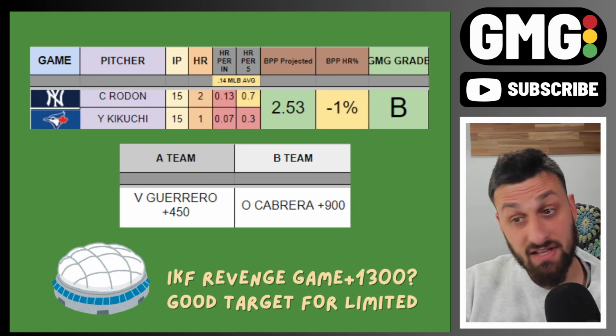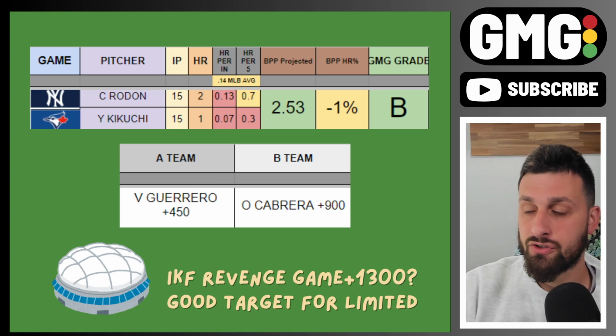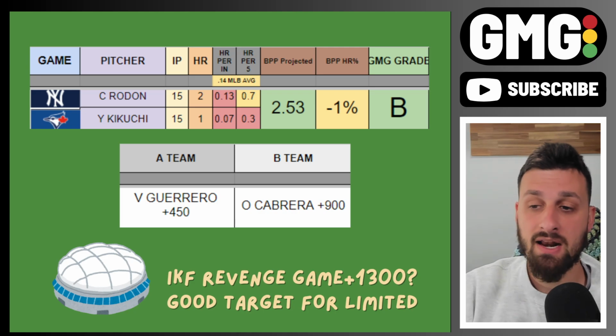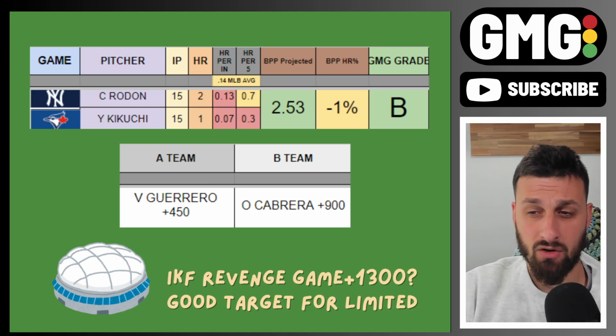The next one on the slate that I would indeed target is the game right after. Carlos Rodon and Kikuchi here for Toronto. I've given it a B. Ballpark Pal has it at 2.5 home runs. A lot of bats for the Yankees, which we know about, but I typically like to target Rodon in spots